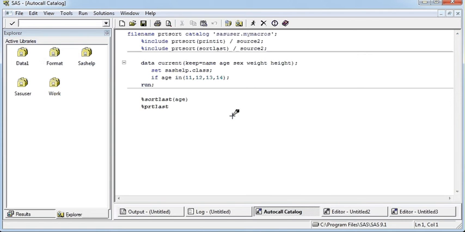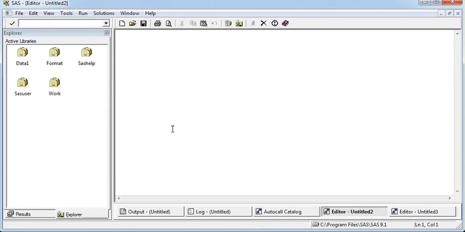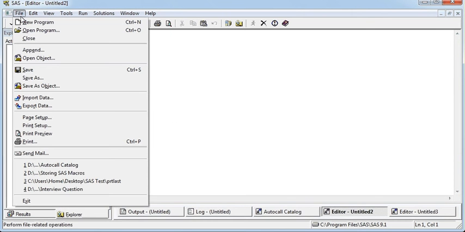Hello everyone. We have come to the last leg of the series on saving and storing SAS macros in external files, a directory, or a partitioned dataset. In this video, I am going to explain how we can save a SAS macro in the catalog and then recall it. First, I have written a macro and saved it in SAS as a SAS object.